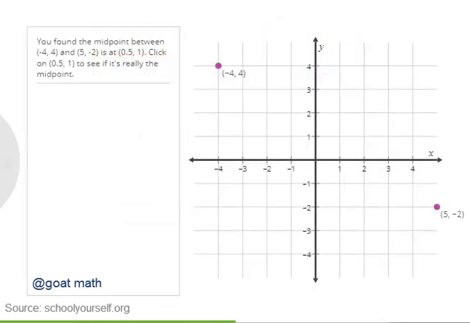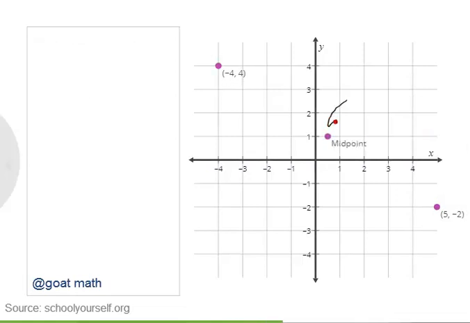So you found the midpoint between -4, 4 and 5, -2 has the coordinates 0.5, 1. Go ahead and click on 0.5, 1 to see if it really is the midpoint. Sure enough, 0.5, 1 is the midpoint between -4, 4 and 5, -2. So finding the average of the x-coordinates and the average of the y-coordinates will always give you the coordinates of